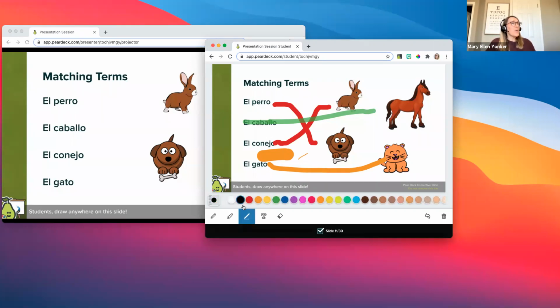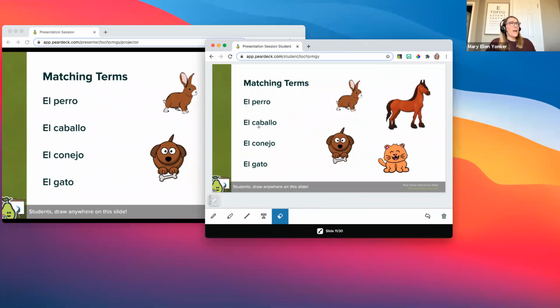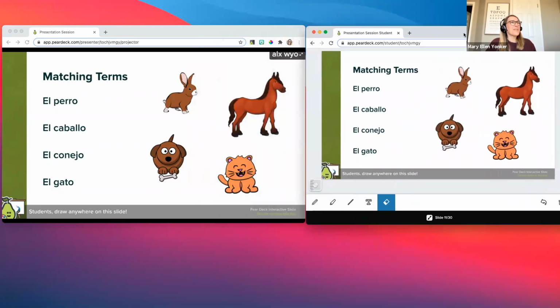You can use the line tool. This is a great tool if you're trying to make some shapes on your slides or having the students make some shapes. We can undo and keep undoing, and it'll undo the last thing that we did. The text box allows the students to have a text box along with drawing. So lots of versatility here. And then of course, an eraser to erase what we've drawn. So if we want to start over, we can clear it and start over. So our drawing slide has lots of versatility, lots of features and tools to use.